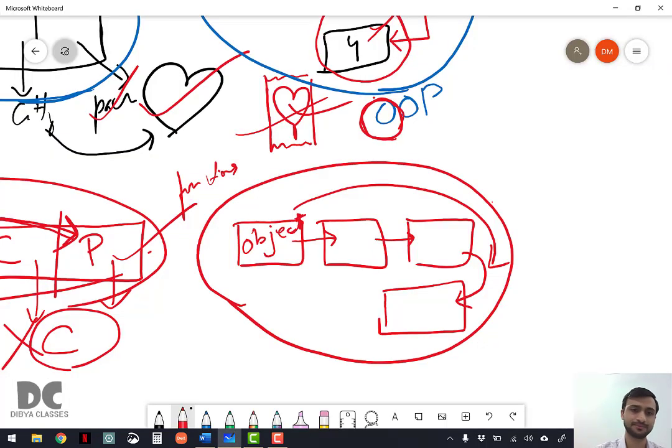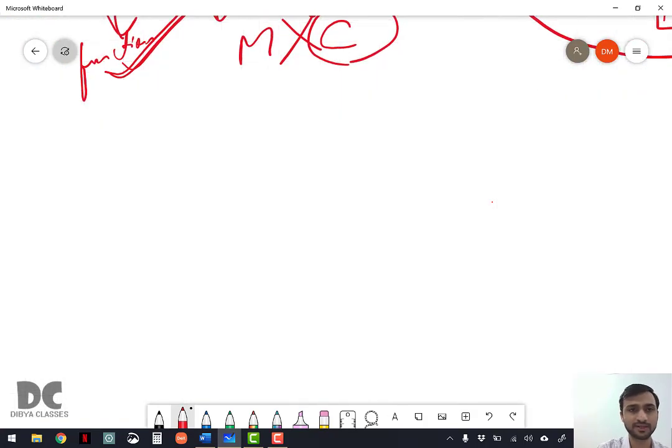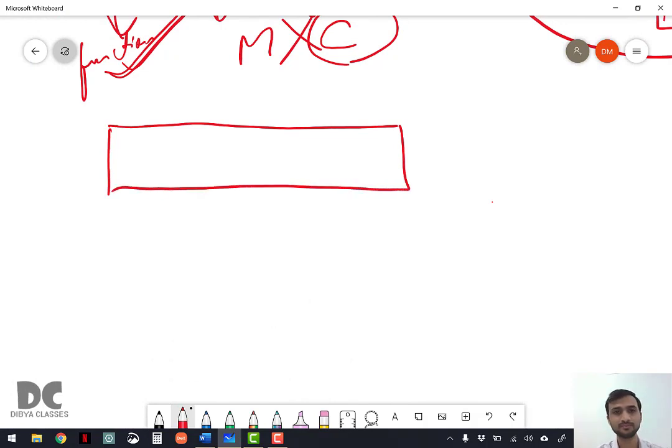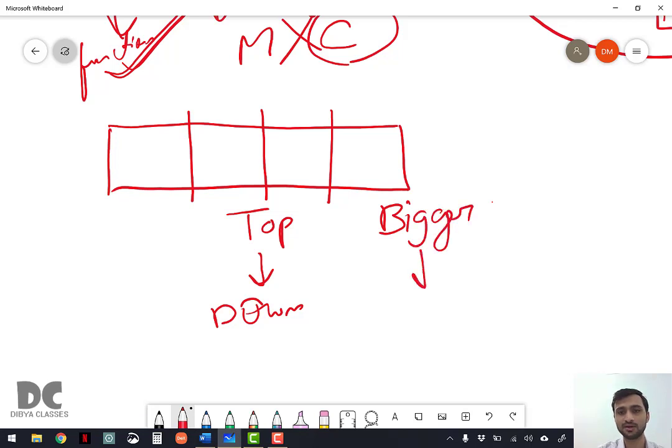What does that mean? Here, taking the example of the ice cream factory, there was the big machine, and this big machine was divided into 4 parts, top to down, means from bigger to smaller parts, right?